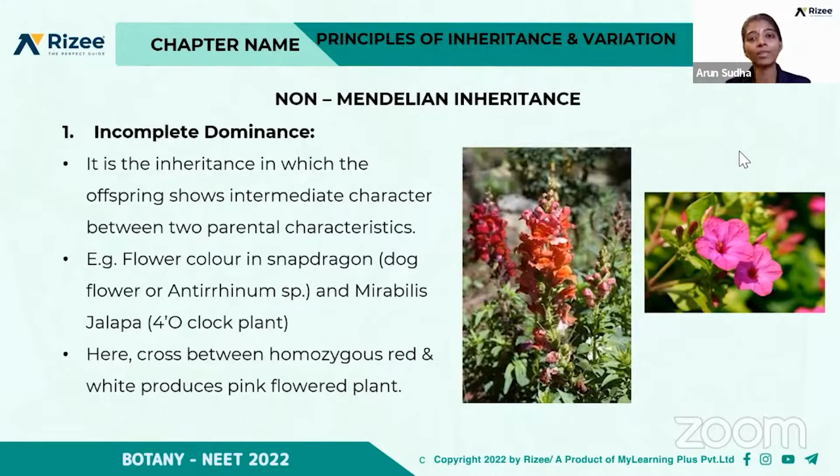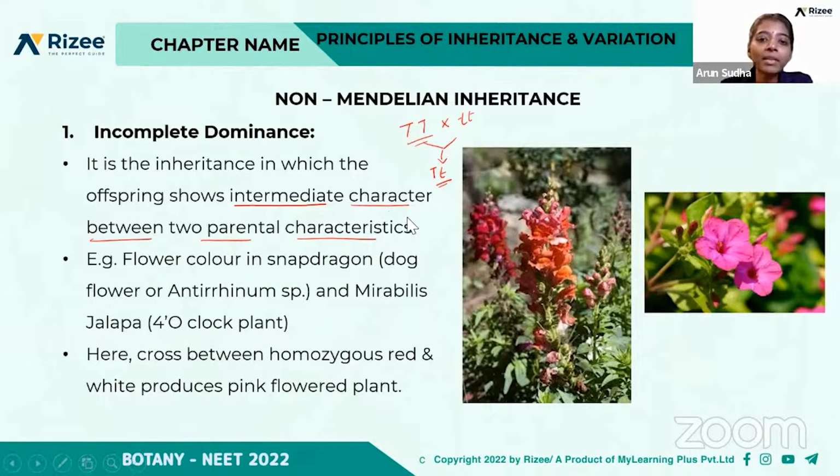But in the case of incomplete dominance, what happens? It is the inheritance in which the offspring shows a character intermediate between the two parental characteristics, right? In Mendelian inheritance, if you take a tall plant and cross it with a short one, in the F1 generation we get the heterozygous condition, which is tall, similar to the parent, right? But in incomplete dominance, the inheritance shows an intermediate character between